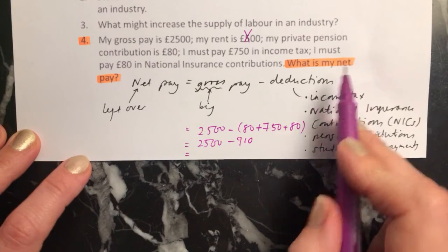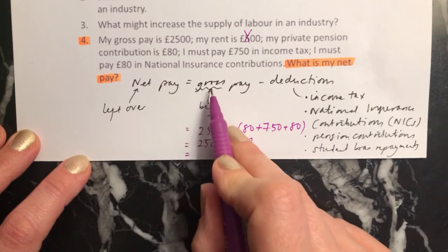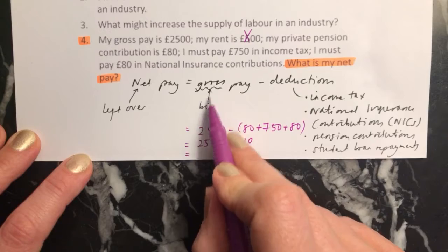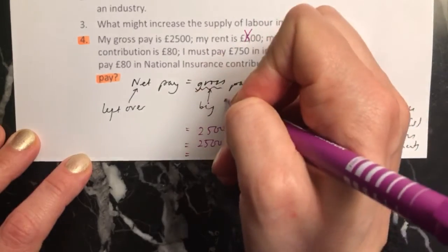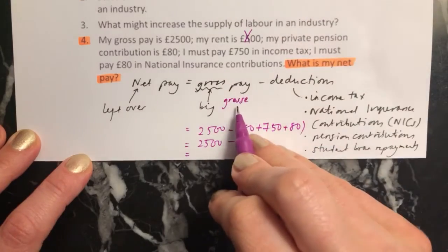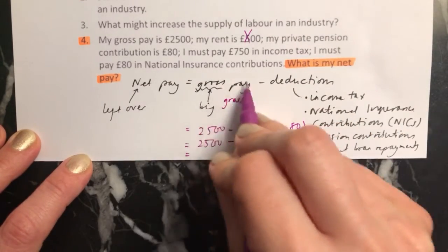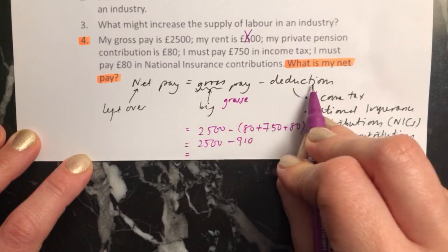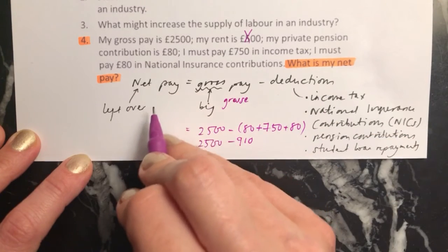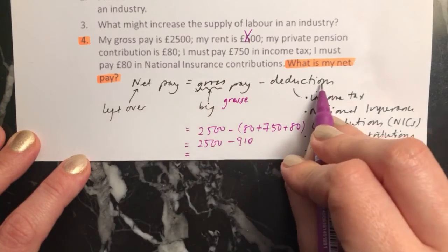And the way that we work this out is net pay equals gross pay. Gross, that word means, like in French, if you were to use the word gros, you might have learnt that in French, that means big. So this is the big number. So it's gross pay, take away the deductions. What you're doing to get your net pay is you're looking at what's left over when you've taken away your